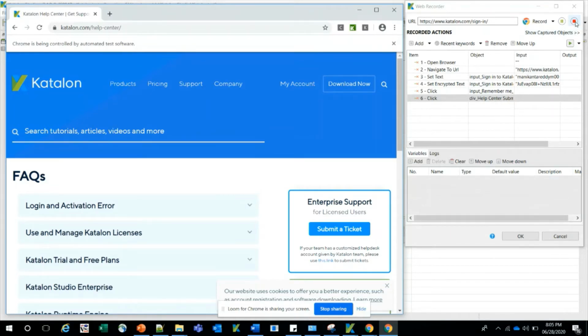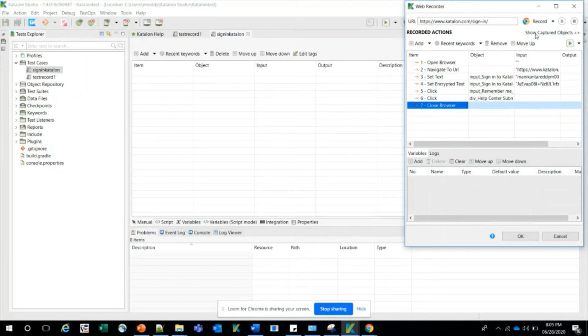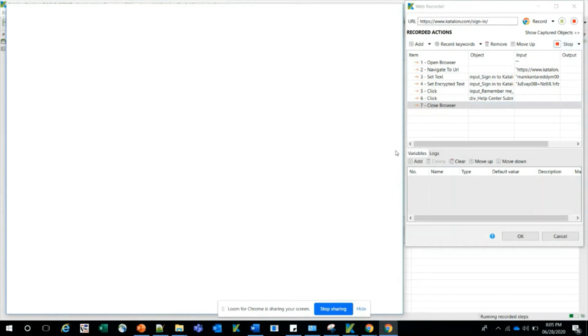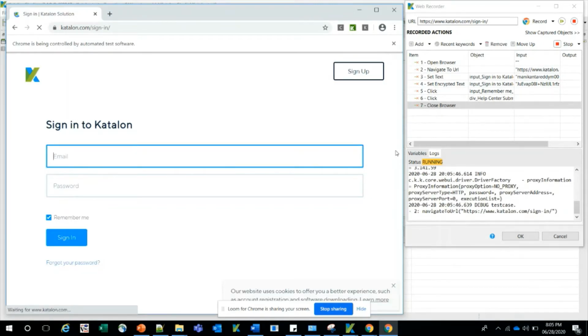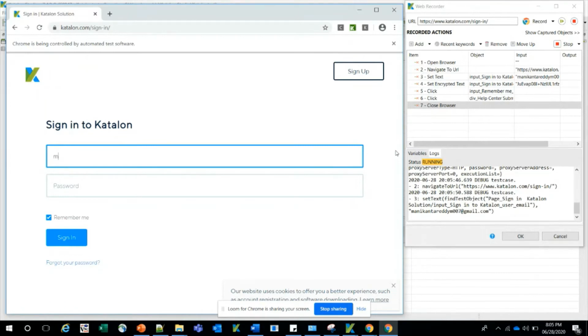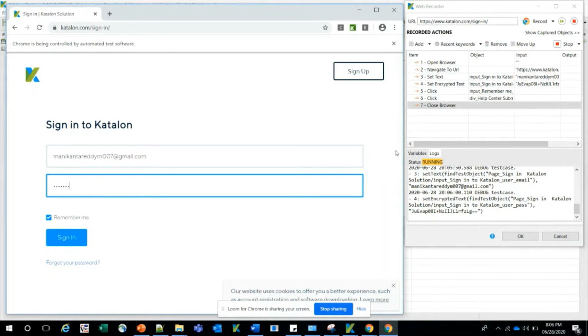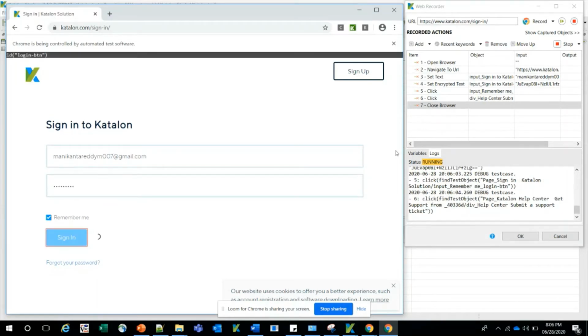I am going to quickly run this recorded script. You can see it's entering my email ID which has been recorded, then the password, and it clicked on the sign in button.